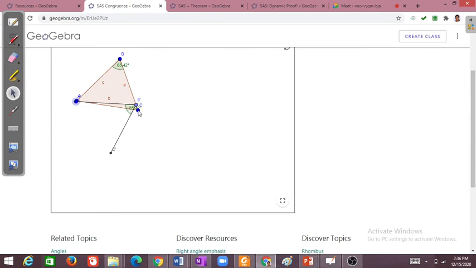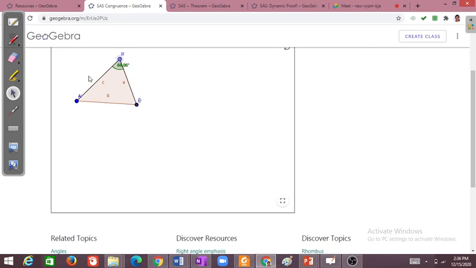Ma'am, you want to place the B dash at the B. Yeah, I have to. Okay, sorry. I am going to place it there. Okay, they are correctly fitting. So what does that mean? So here the sides are congruent, yes, they are congruent.